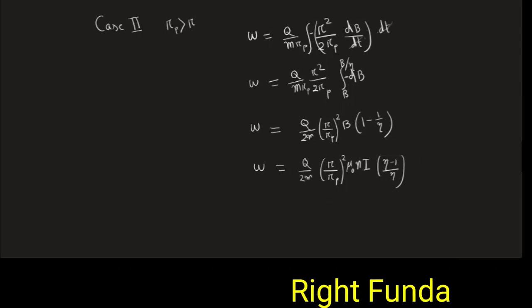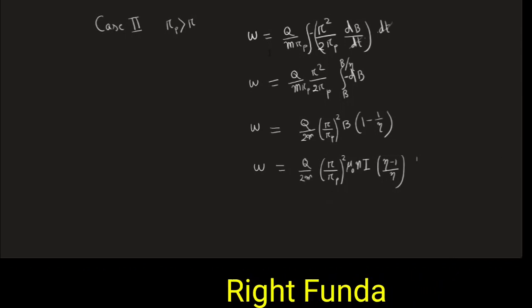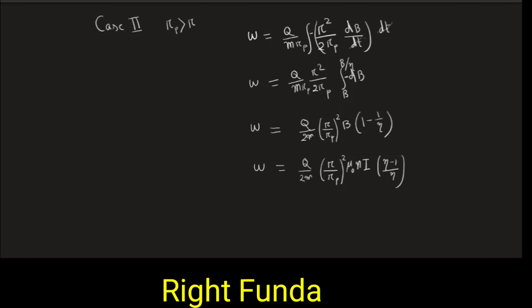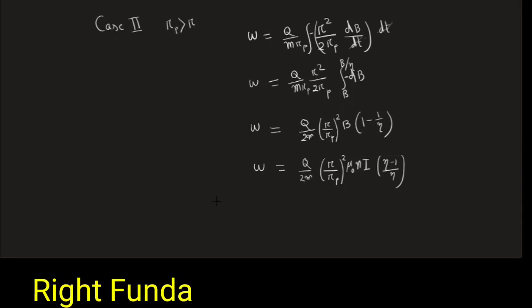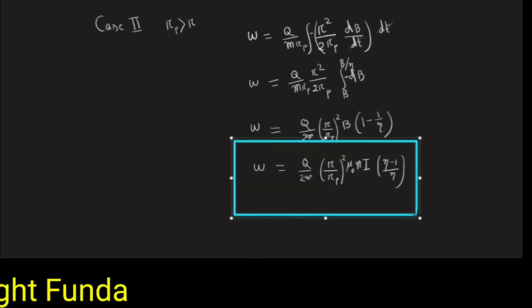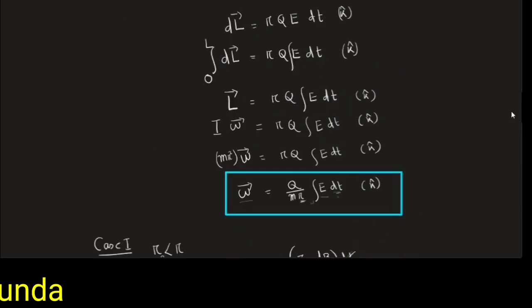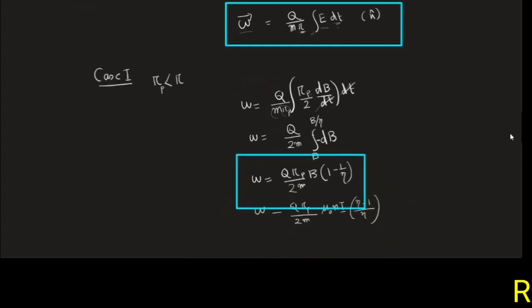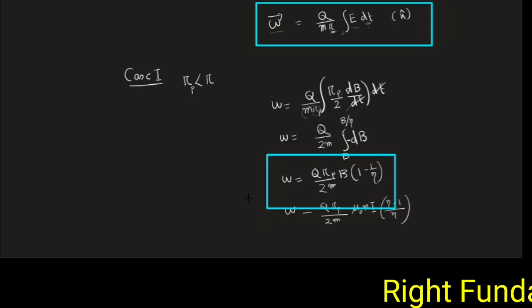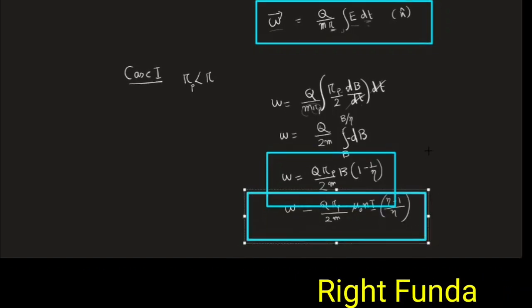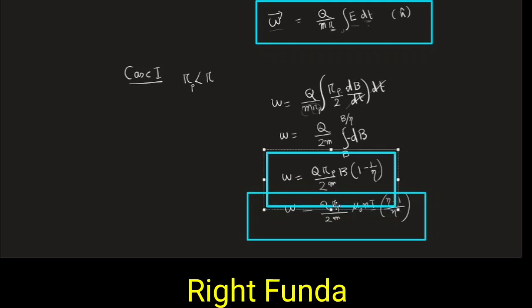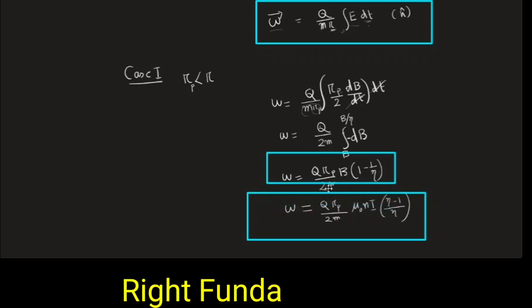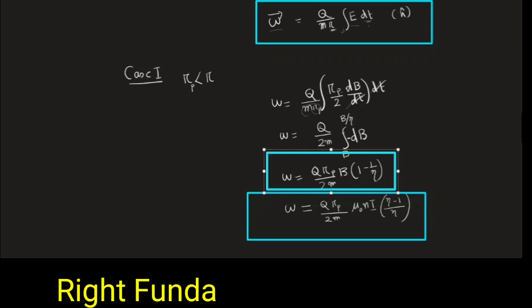So two values I got. One is the omega in case the paper cylinder is outside, and one is the omega if the paper cylinder is inside. So we got one relation like this, where B is equal to mu naught Ni. Another relation we got is this one. Once I put the value of B equal to mu naught Ni, where the magnetic field is produced by the solenoid, so two quantities we got.